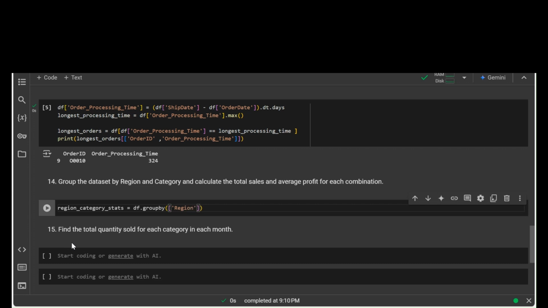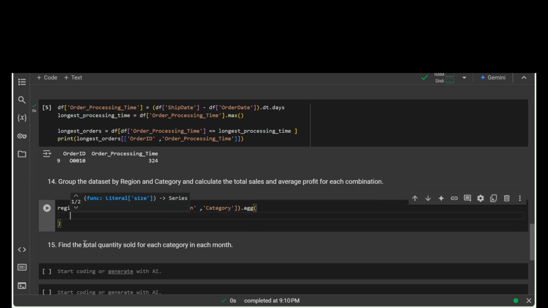Group by on region column, comma, category column, and we need to use the aggregate function. And inside the aggregate function we can simply pass the parameters like we need the total sales,